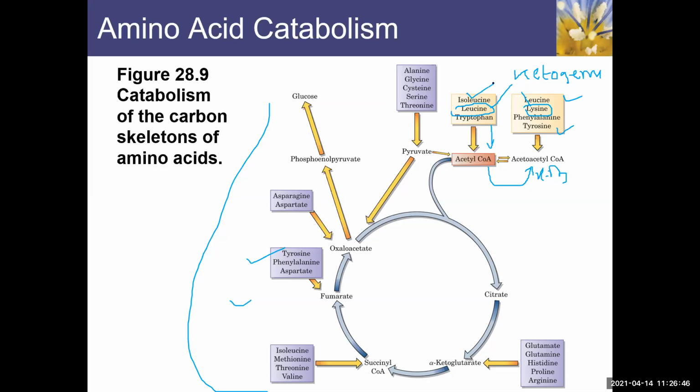You will find it here in the ketogenic, and you should be here in the isoleucine here, right? So yeah, do we have to memorize what each amino acid is used to produce in the end? No, no, no. You just have to memorize which amino acids are ketogenic,